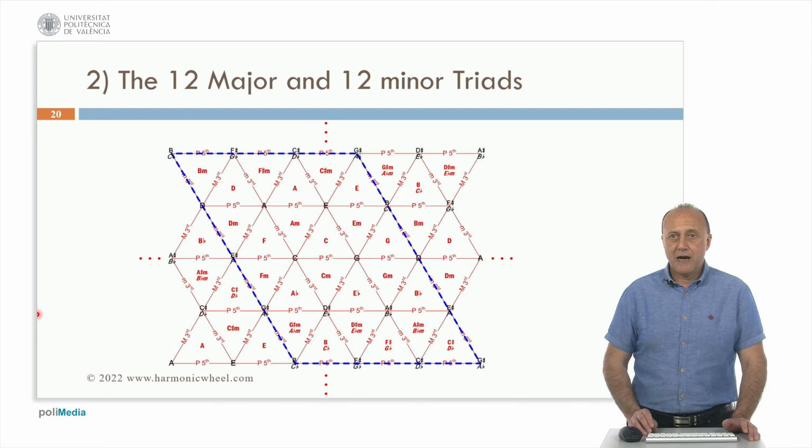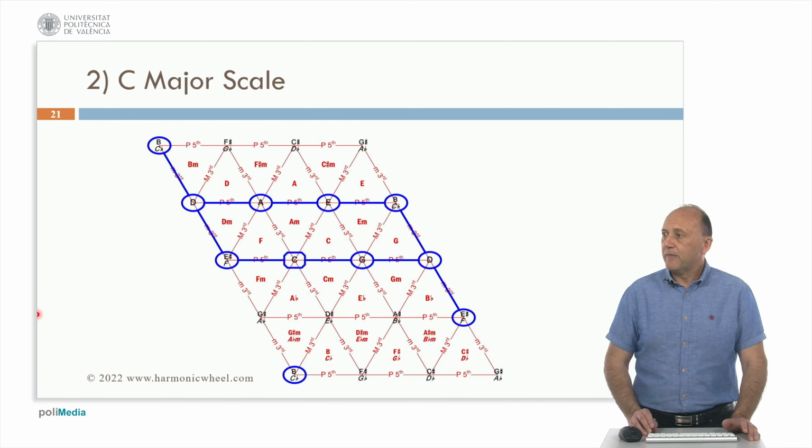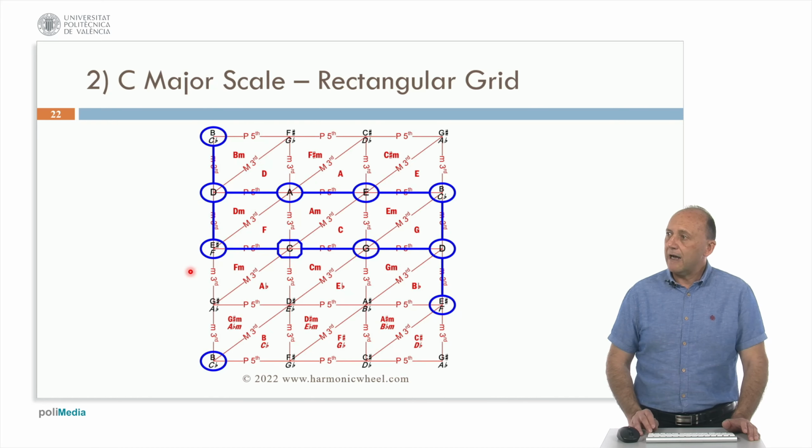we are going to mark the notes of a major key, for example C major, where the tonic is marked with a small rectangle and the other notes with circles. Because there are 2 edges which are oblique, we can transform that grid into a rectangular one, and here we can see that a major key is basically represented by a big rectangle which inside includes the consonant chords associated